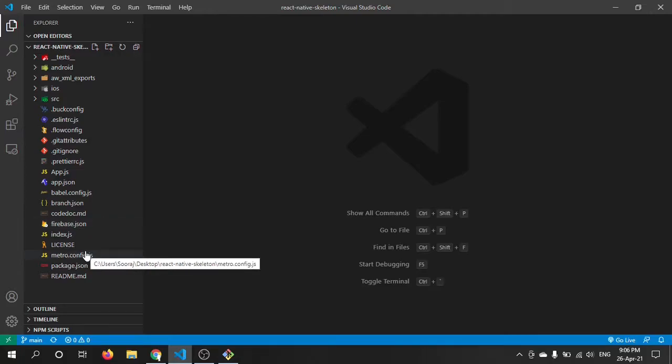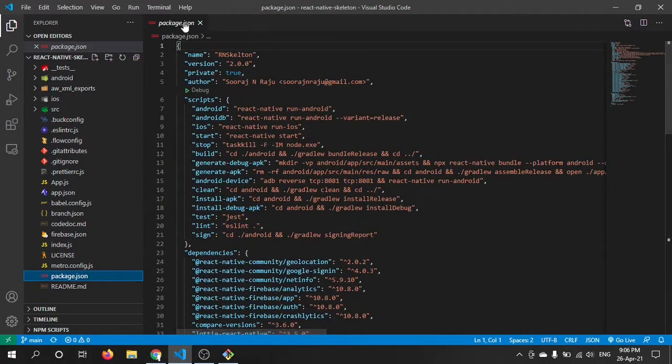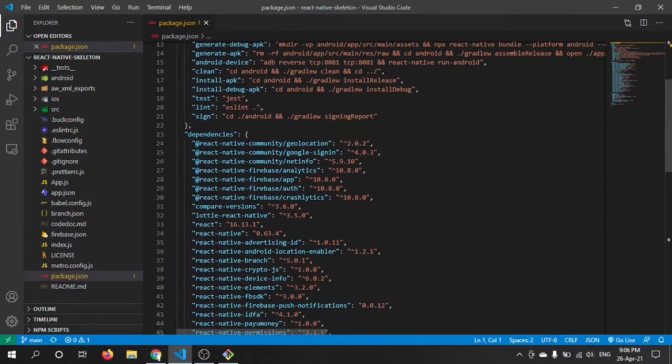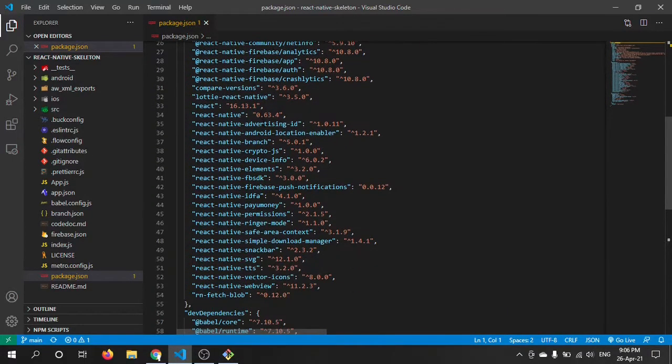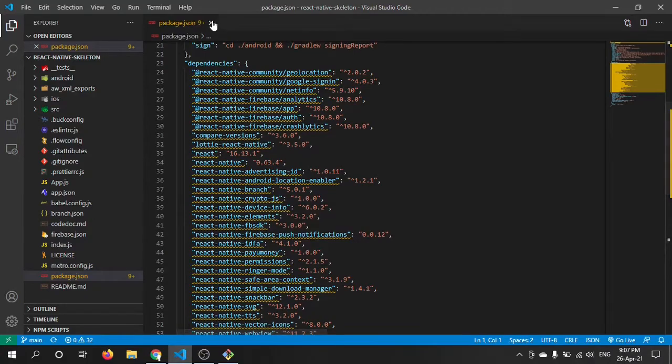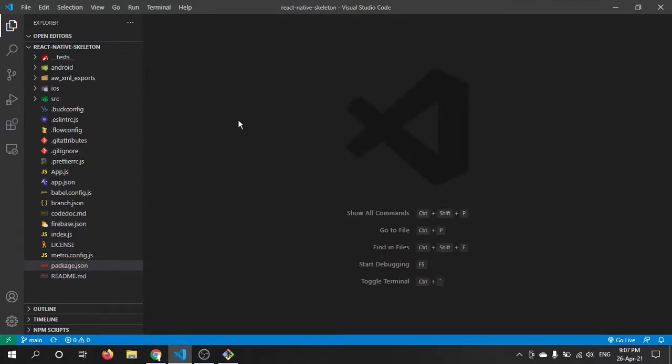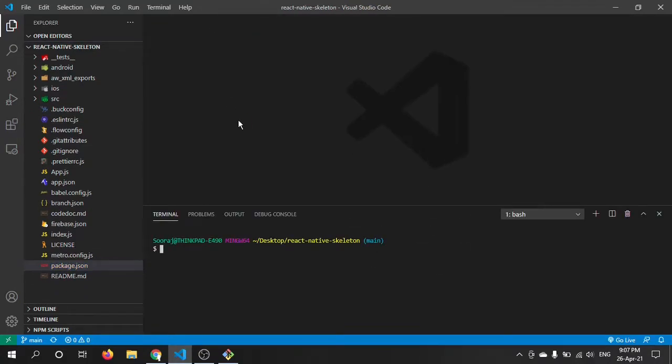The first thing that we have to do is install all the dependencies. If you open this package.json file, you can see the dependencies over here. We have to install all these dependencies. For that, we can run the command npm install, or we can run yarn install.